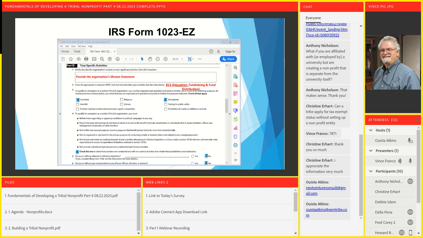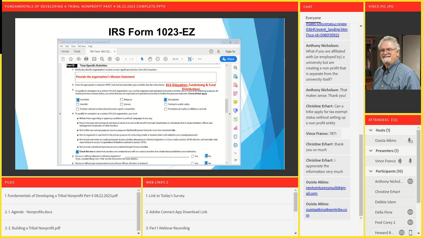Your bookkeeper, your program director, your executive director, if you have or plan to have people in staff capacities, yes, they can be paid a wage and or a salary, and you can use funds from the nonprofit to pay those individuals. But you're not supposed to pay, by IRS definition, the board of directors for their time as a board of director or board of commission. You can reimburse them for expenses, whatever you want to call it, a stipend, a reimbursement, but you cannot pay them a salary. I hope that makes sense.